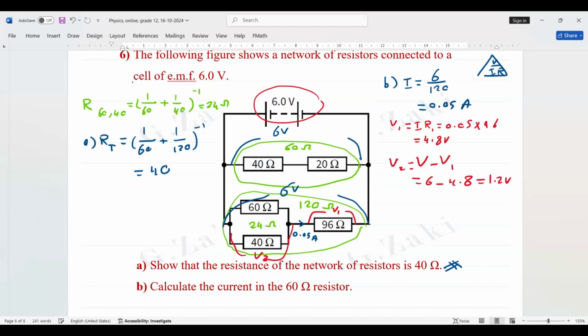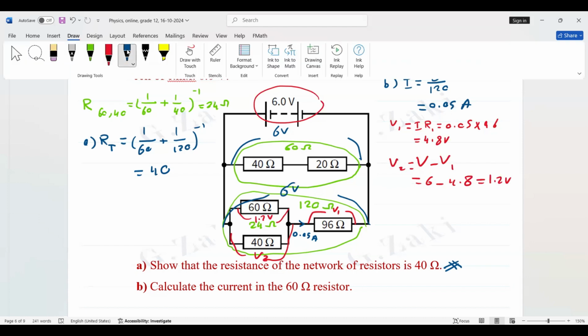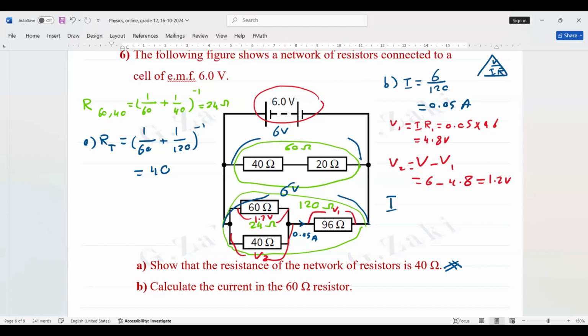Now the voltage around the 60 ohm is 1.2 volt and the resistance is 60, so we can get the current. The current in the 60 ohm resistor equals the voltage divided by R. The voltage is 1.2 because they are in parallel connection. The 60 and the 40 have the same voltage, 1.2, because they are connected in parallel. So it's 1.2 divided by the resistance, 60. 1.2 divided by 60. The answer is